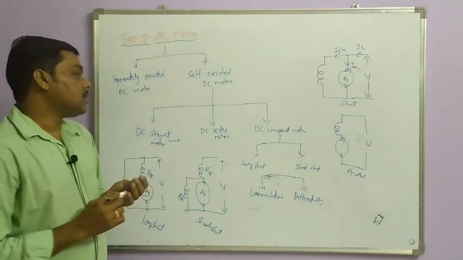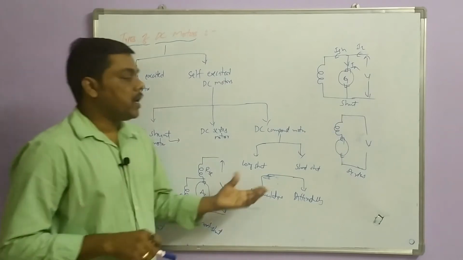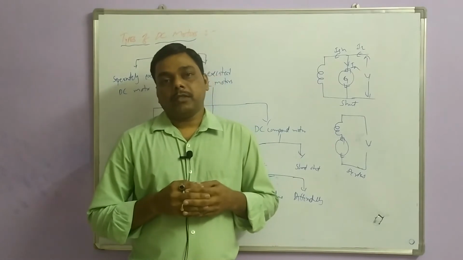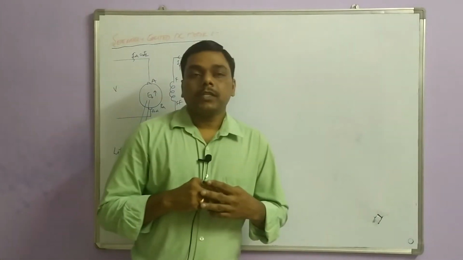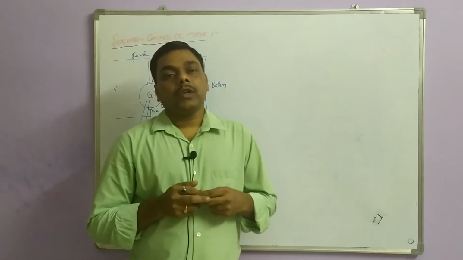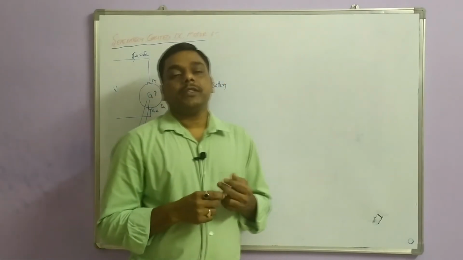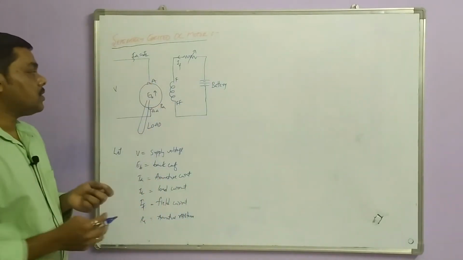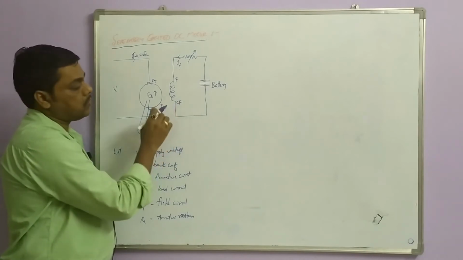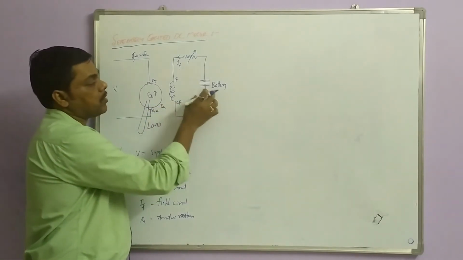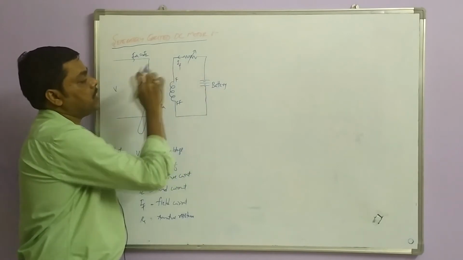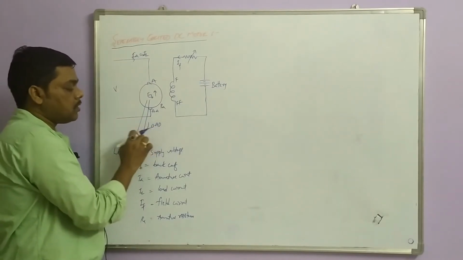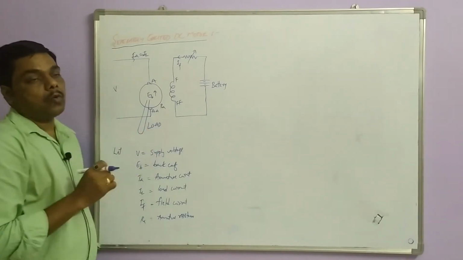Now we will discuss the voltage and current relations and the back EMF relation among the three motor types. First, the separately excited DC motor back EMF and voltage equation and their relations. Let this be the separately excited DC motor. I am exciting the field winding of this motor by a battery, so the current will be the field current, and the armature is extended to connect the load. I have not shown it here, I just wrote load.